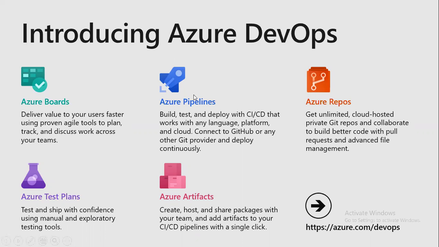When it comes to Azure Pipelines, to create a CI/CD, meaning build and release pipelines, we use Azure Pipelines. Azure Repos is nothing but Git. It is for storing source code submitted by developers. When it comes to Azure Artifacts, we can use library files like reusable components. Reusable components can be created and used from Azure Artifacts.